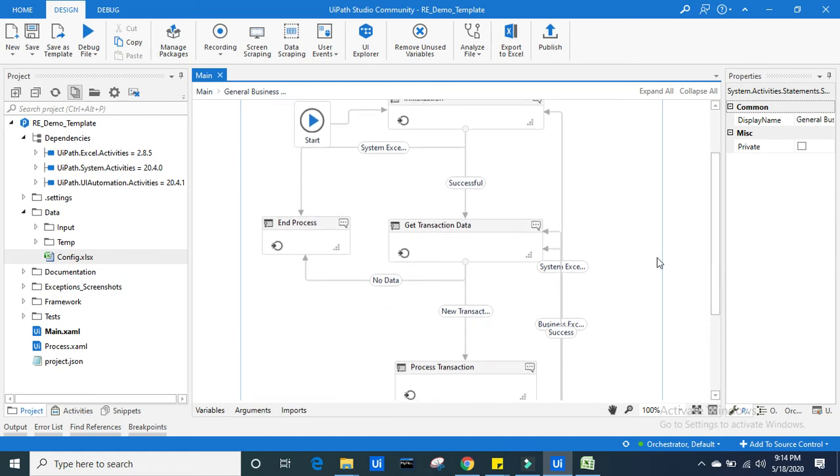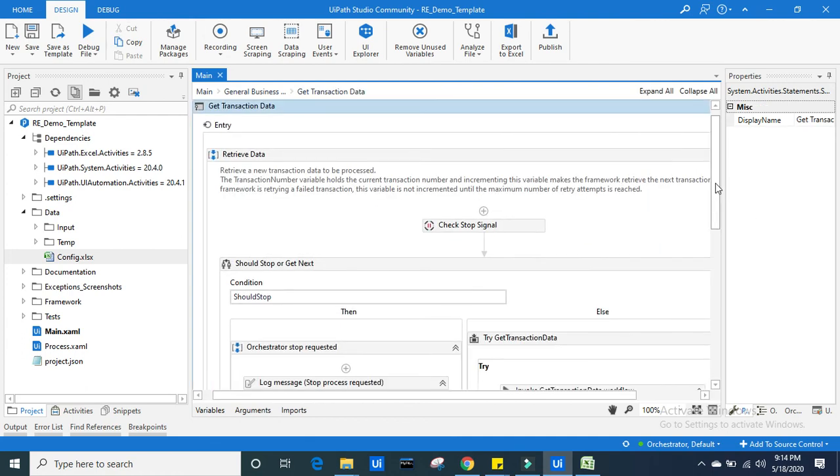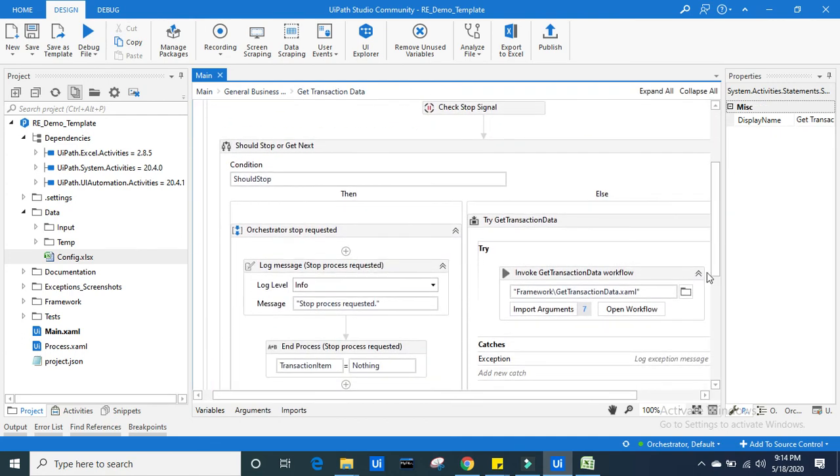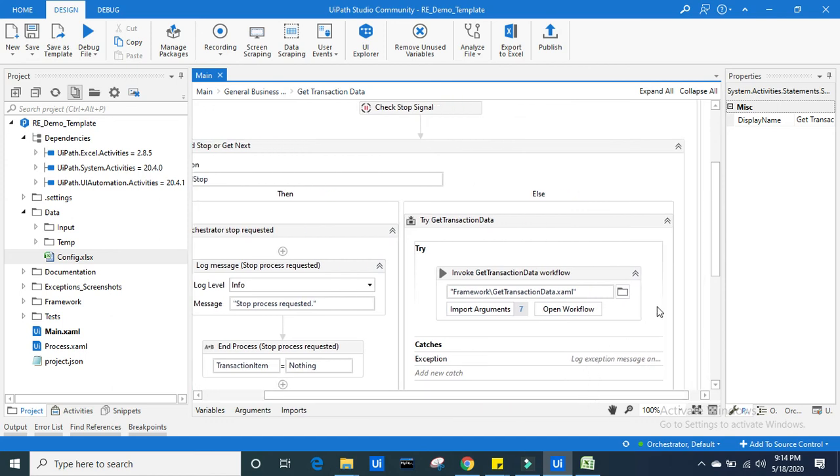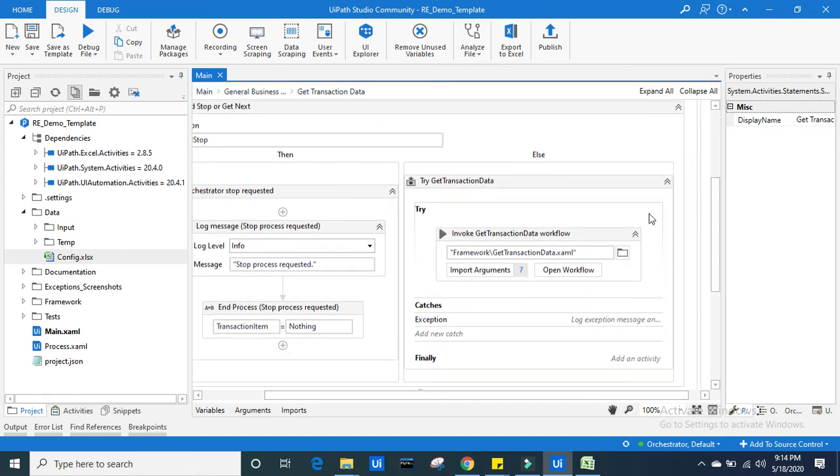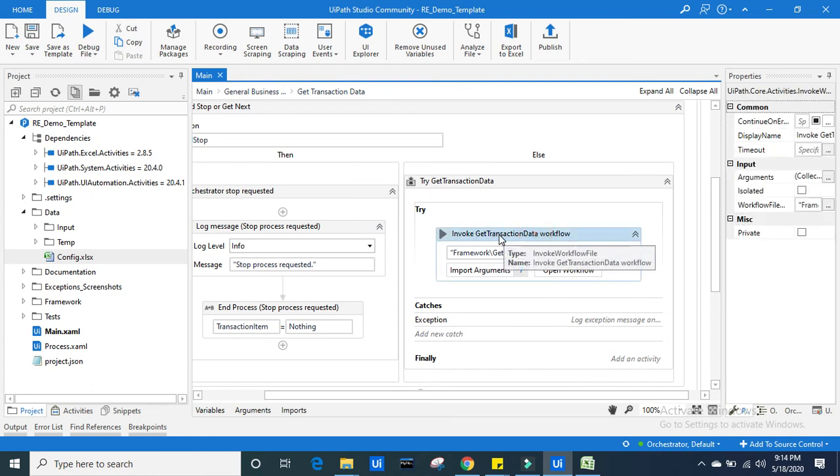Next, the get transaction data phase. In this phase, we are getting the transaction data. This is also a template, and it has got all the predefined workflows developed. We are just going to use those workflows and tweak them based on our requirements.